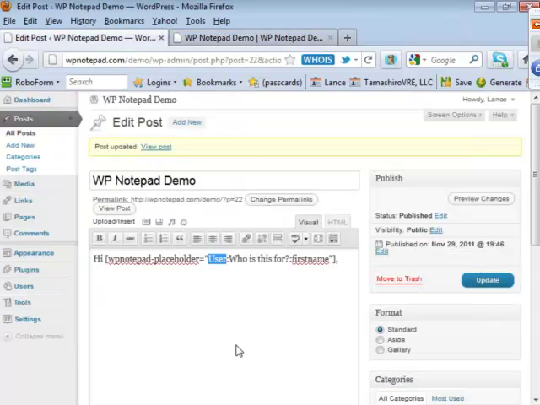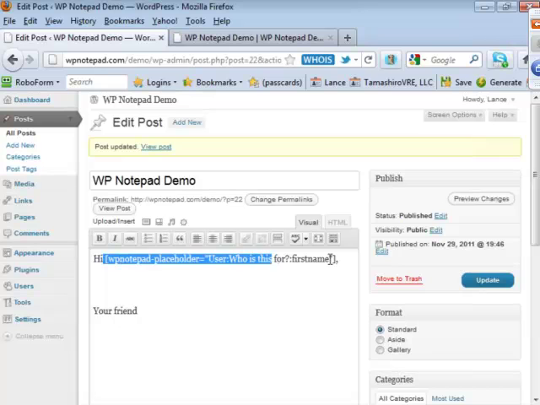So in here, that's where the user came from. This is where the question, who is this for, came from. And now I've got this thing called first name, which means that anywhere I use this exact same code with first name, it'll show up there again. So I can say hi user, and then I can say your friend.